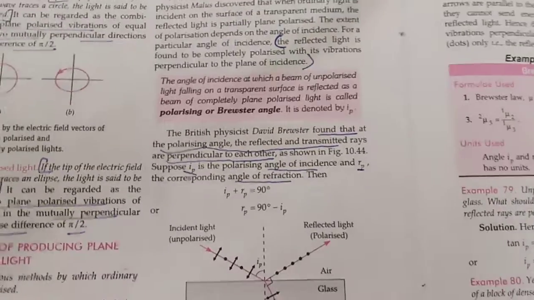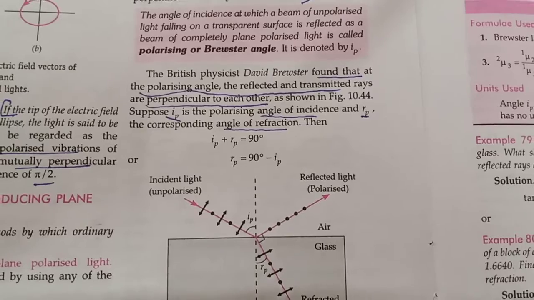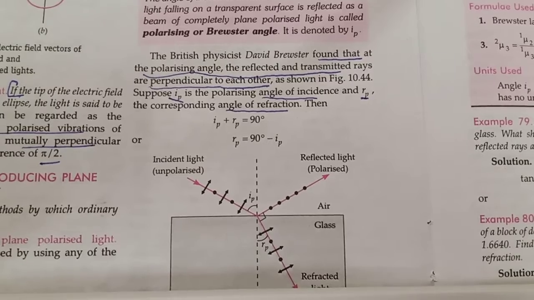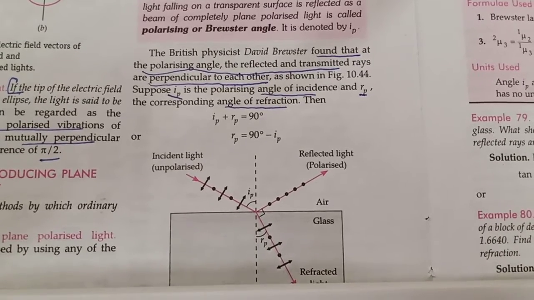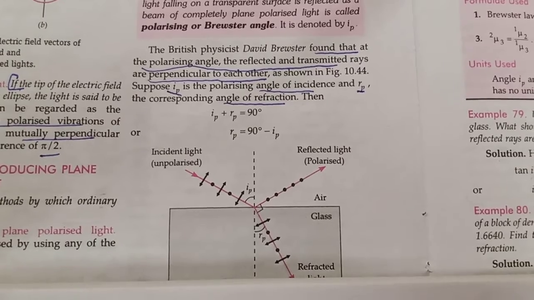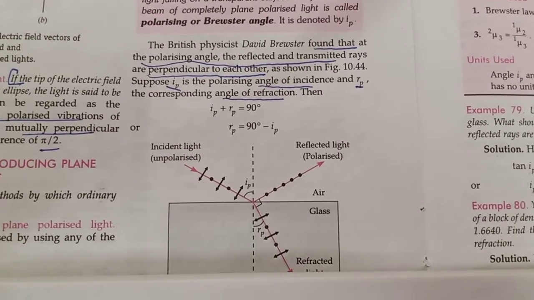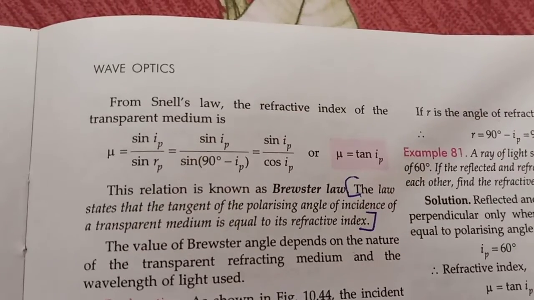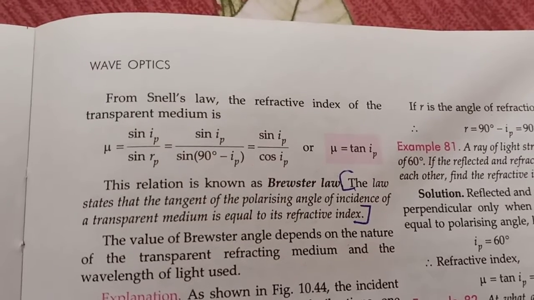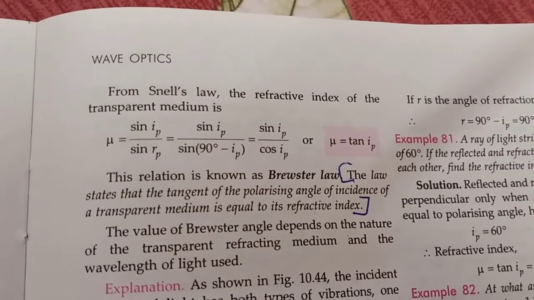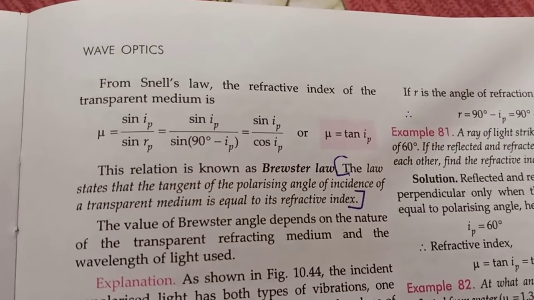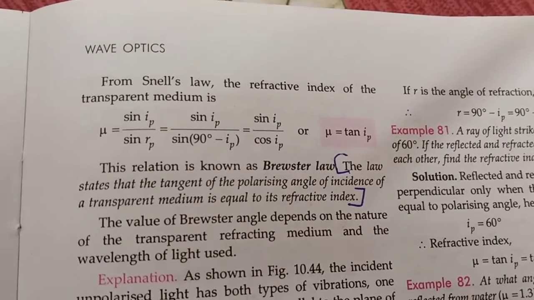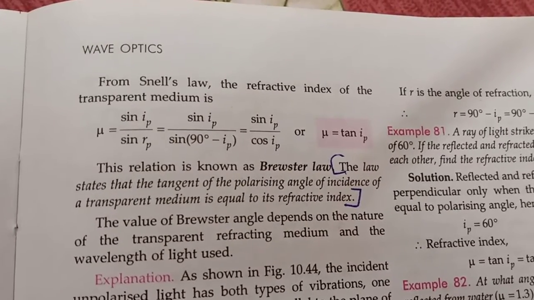As we know, the reflected ray and transmitted ray are perpendicular to each other, so IP plus RP, where RP represents the angle of refraction, is equal to 90. So the value of RP is equal to 90 minus IP. Now by using Snell's law, refractive index is equal to sine IP upon sine RP. By putting the value of RP, we get sine IP upon sine (90 minus IP),